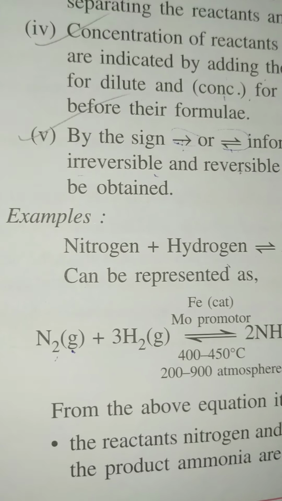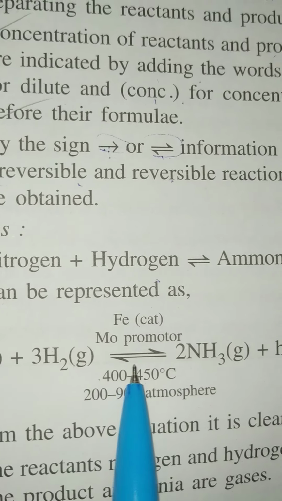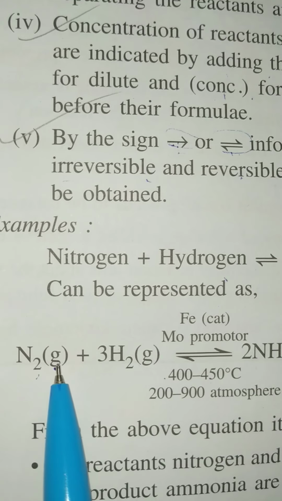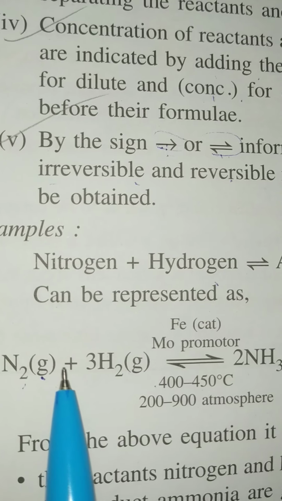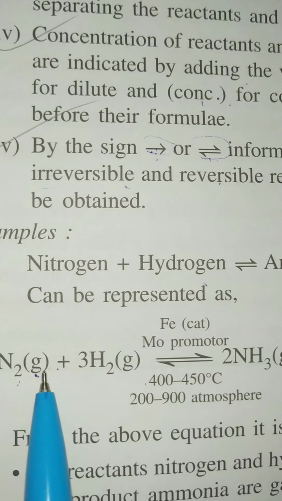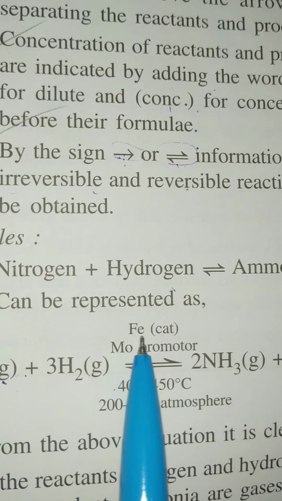So this arrow indicates an irreversible reaction and this arrow indicates that the reaction is reversible. Now see this equation: N2(g) plus 3H2(g) gives 2NH3(g) plus heat. So G here indicates that this is in the gas state. So here the state is gas, and